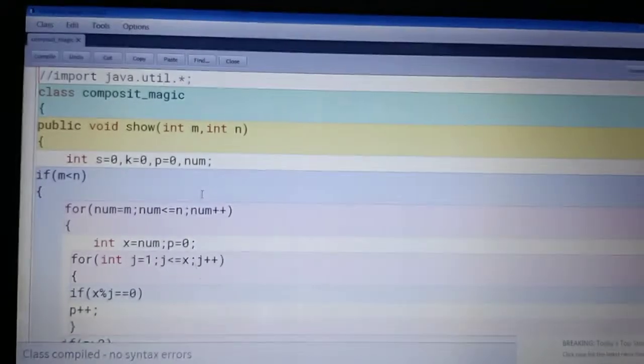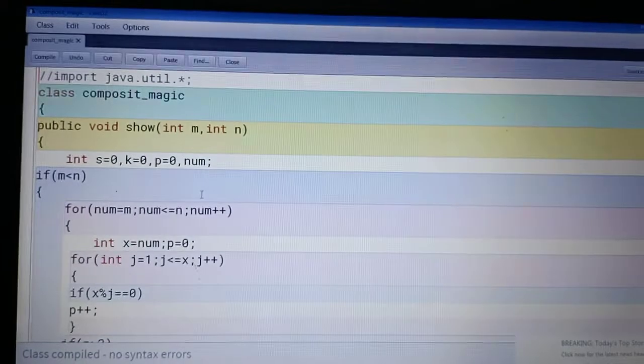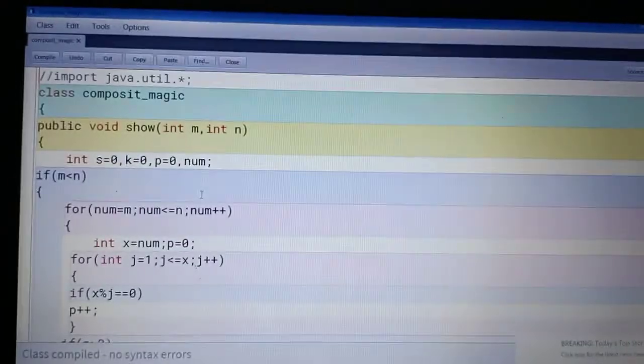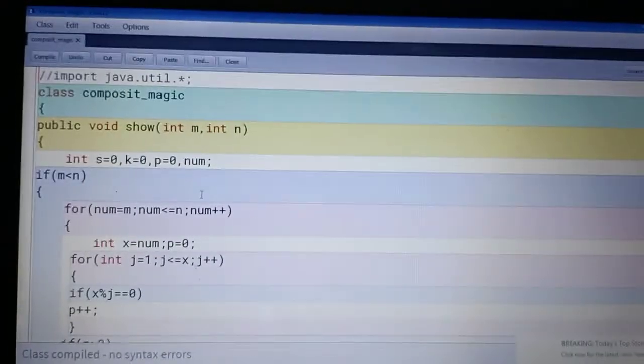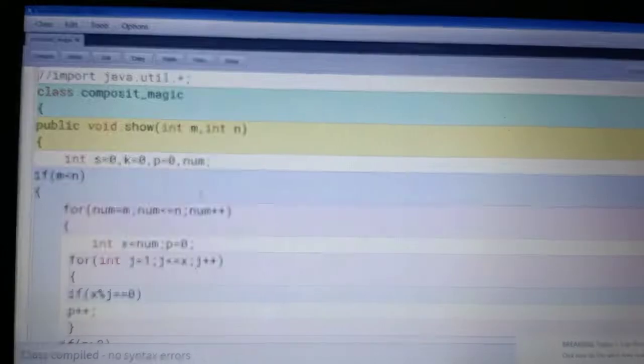In this method I'm passing two variables, int m and int n. M and n are the range values according to the question. Then we declare some variables: s to hold the sum value, k to find the frequency, p is the counter variable, and num is the copy variable, meaning we copy the original value in the num variable.